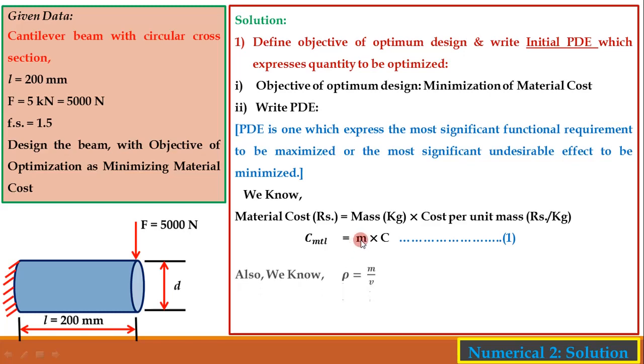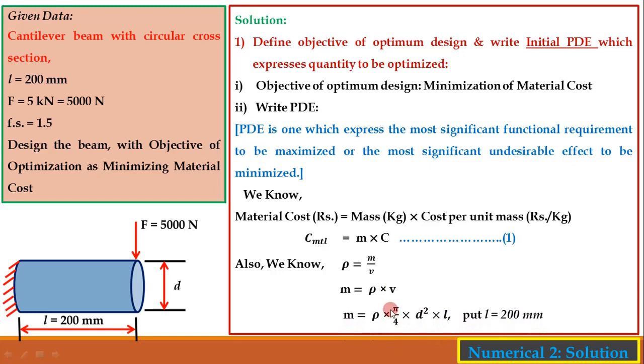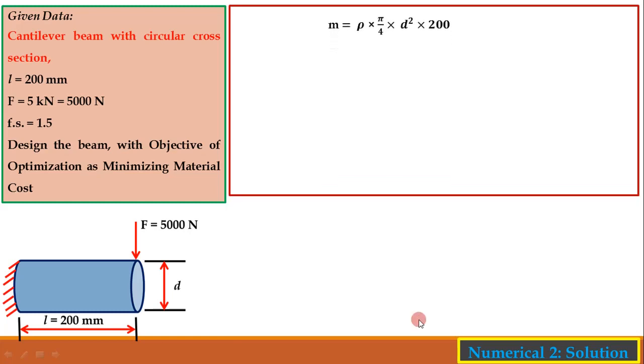So let us do that. We know that density rho is equal to mass upon volume. Take that m on the LHS. Now here put the equation for V. As we know that the cross section is circular having length L, its volume will be pi by 4 d square into L. So replace that V by this expression, pi by 4 d square into L. Now here L is known, so put the value of L here and just simplify this. So pi by 4 into 200, for 200 upon 4 it is 50, so this equation becomes 50 pi rho into d square.